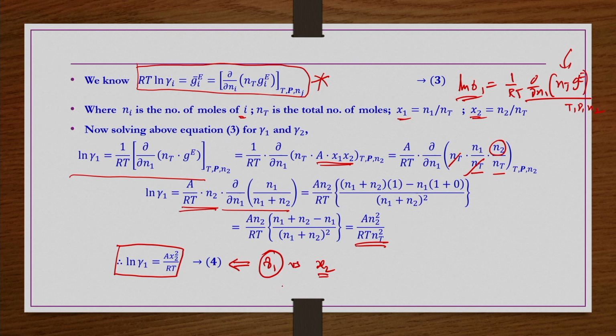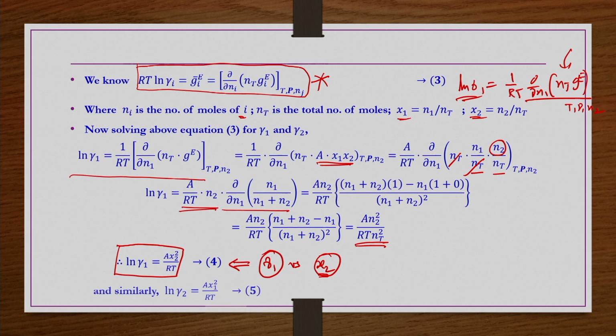Let us say here for a binary mixture, if you are writing gamma 1, it is written as a function of x2, because gamma 1 exists because the second component is coming and joining with the first component, right. So, that is the reason. Rather, the same equation can be written as A into (1 minus x1) whole square by RT, but still despite that we write this form, A x2 square divided by RT,